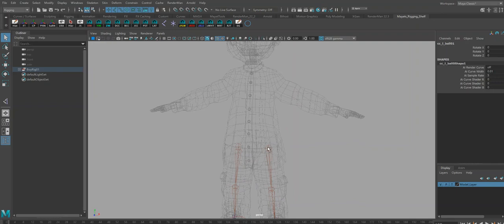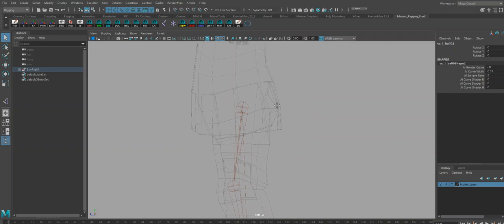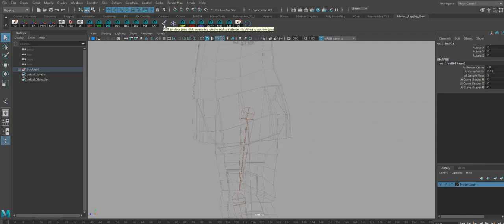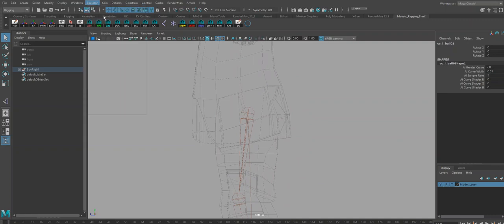of the hips. So what I'm going to actually do is I'm going to go into the right view, okay? And I'm going to click on my create joint tool. Remember, we've added this to our shelf. If you don't have it on your shelf, you can go to skeleton, create joint. And I'm going to put my little pointer over here, but I'm actually going to press V. And when I do that and hit enter, it looks like I have a joint superimposed over my hip joints,